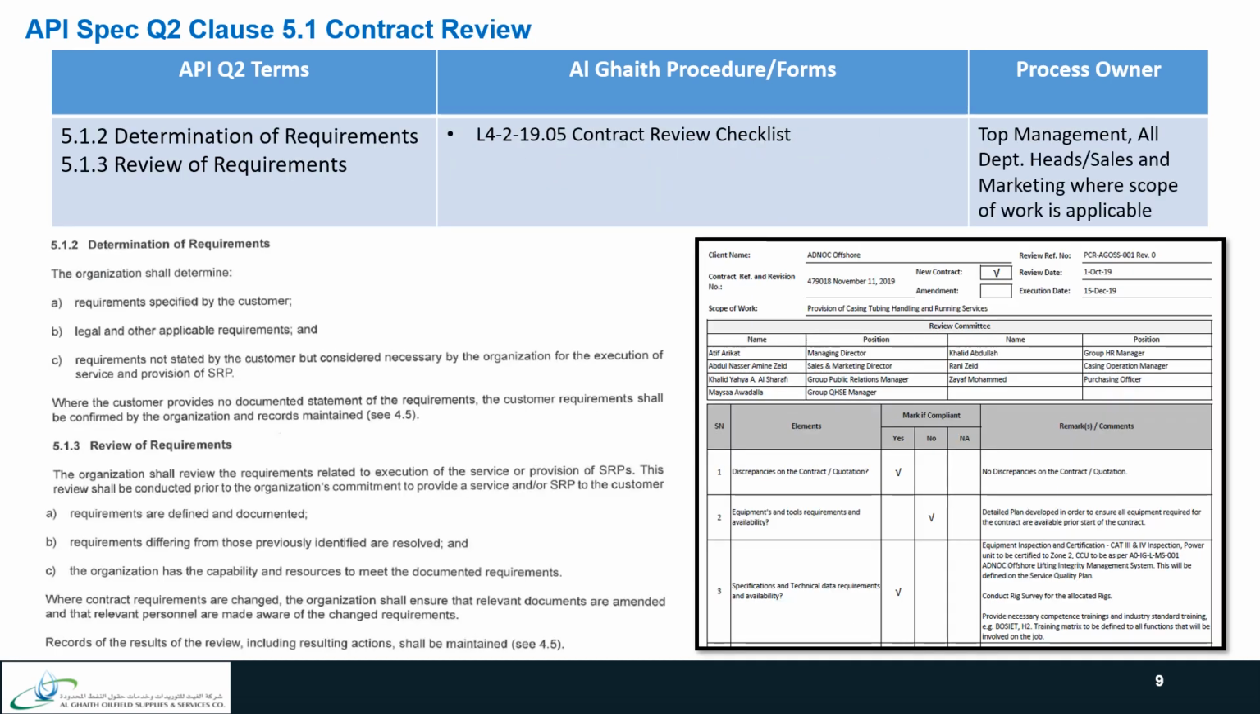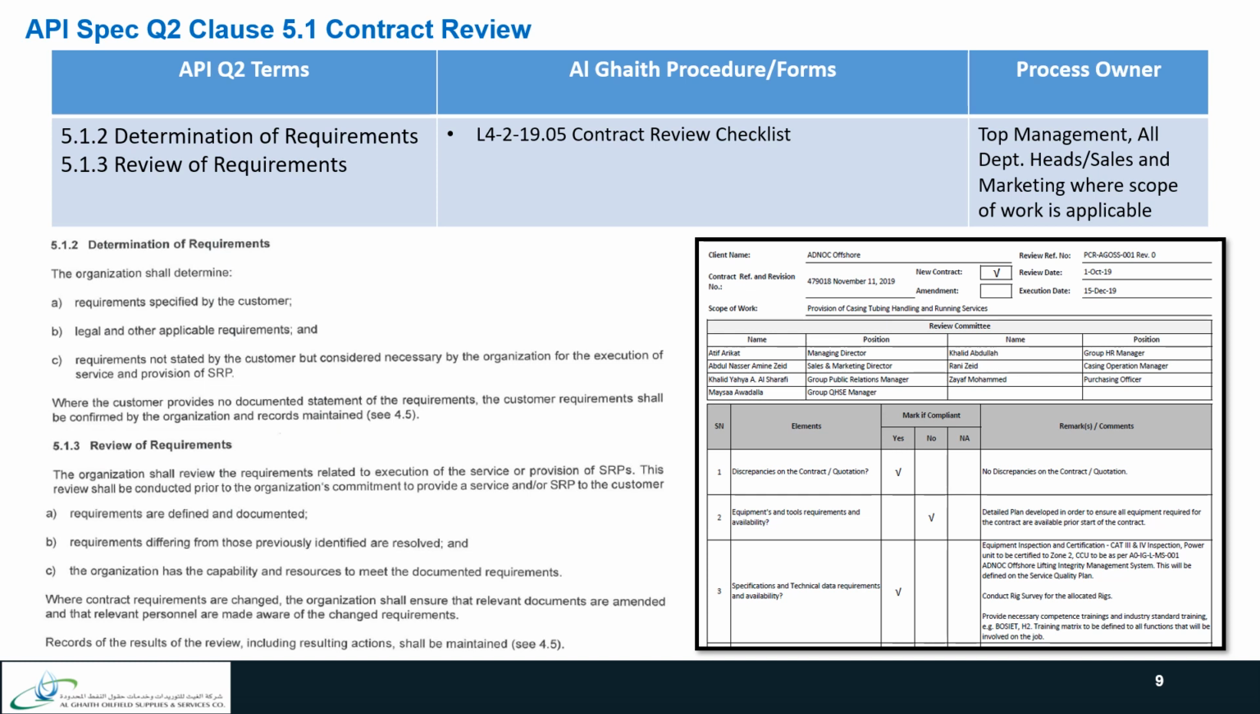API Q2 Clause. Contract review. The organization shall maintain a documented procedure for the review of requirements related to the execution of services or provision of SRPs. This is a very important and critical step. In order to determine and review contract requirements, Ghaith established